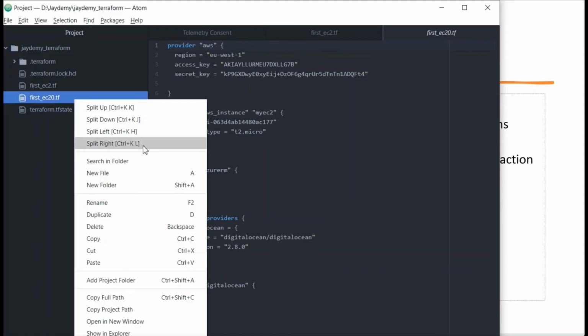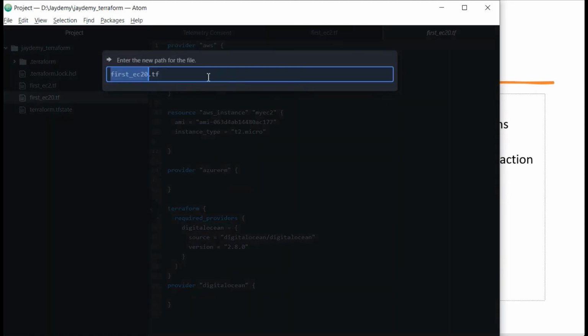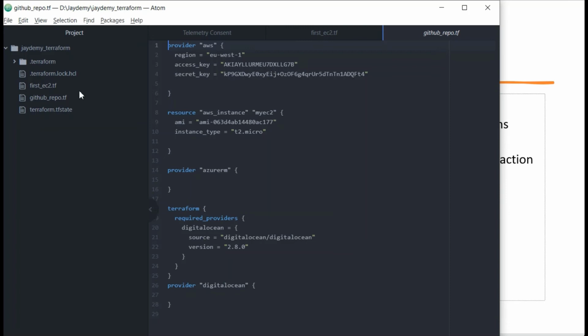I think the name is not saved, so we will do it again. Okay, now our file is saved as github_repo.tf.